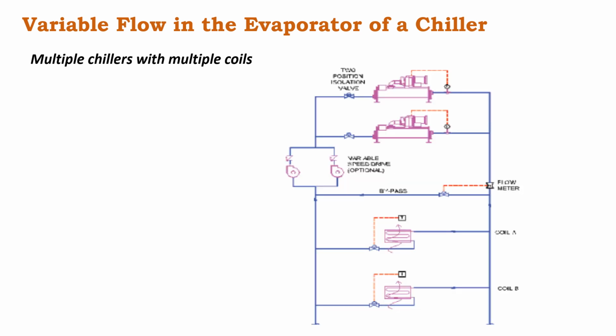Now let's understand if there are multiple chillers and multiple coils in the system. These are the two chillers, two pumps and two cooling loads. Each and every coil is again integrated with two-way valves, similar to the previous case. Here you will see a big difference. It is always recommended to have the bypass line near the chiller room or the chillers. It will reduce